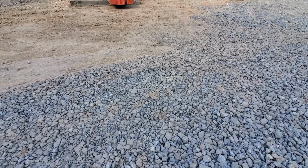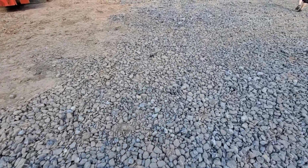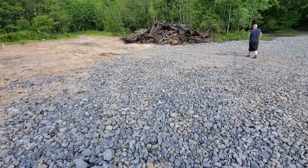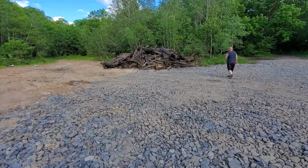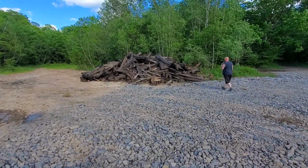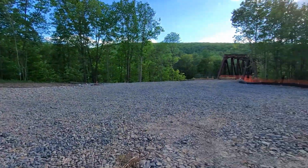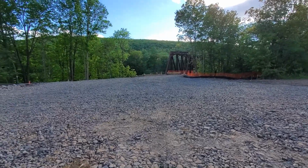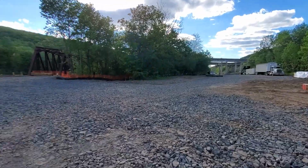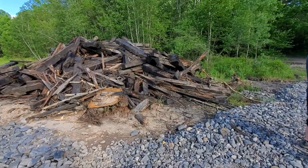Alright, so here's one thing. We're getting closer to the bridge, but here's one thing that we wanted to show you, which you'll get to see in Jay's video as well. But here is the pile of all the old ties that were on the bridge, just piled up over here off to the side. If you look, right there's the bridge, and then down here is the direction we came in at. And also we ran into one of JP's viewers back there. We were wondering if it was QT. He didn't say who he was, but